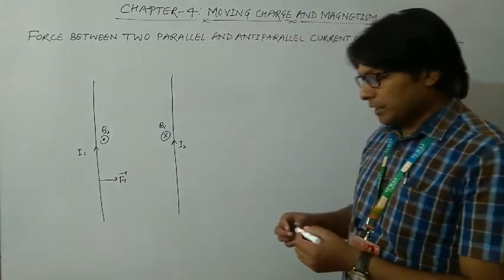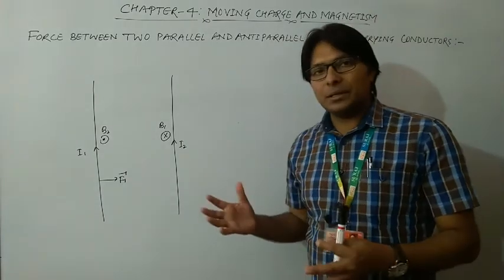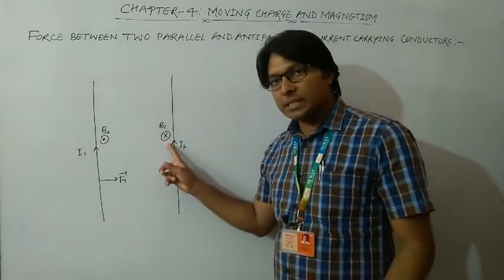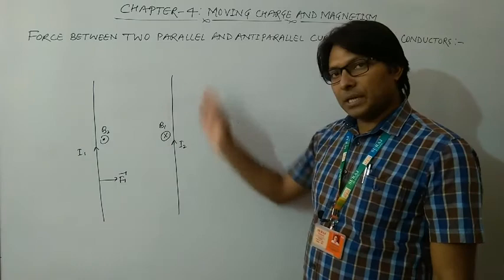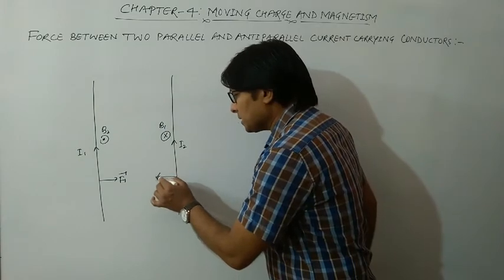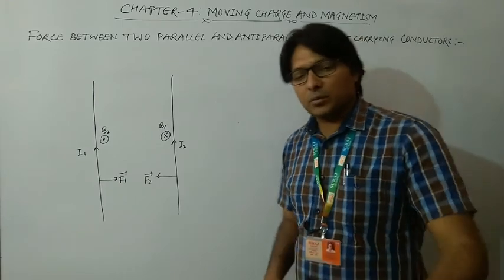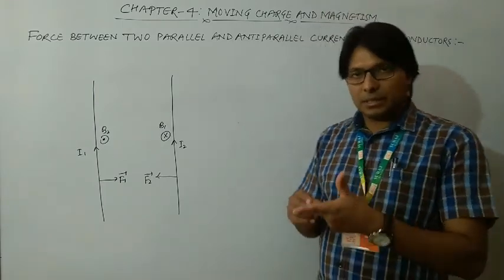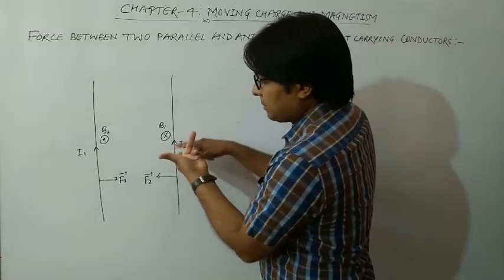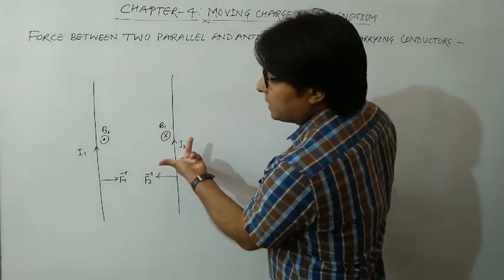Now we want to find the direction of the F2 vector on this current carrying conductor. So in this diagram, you can say only the direction of magnetic field is just reverse, otherwise current is flowing in upward direction. So you will say the direction of magnetic force will be in the opposite direction, or otherwise you can easily find out the direction of magnetic force using Fleming's left hand rule. Once again, we have to put this finger in the direction of magnetic field, in this direction, perpendicularly inward. The direction of current is this direction, so the force will be exerted in this direction.